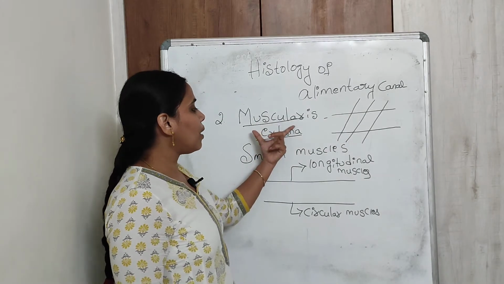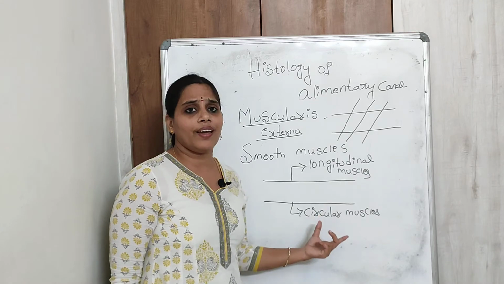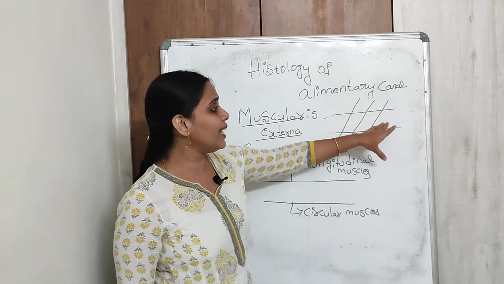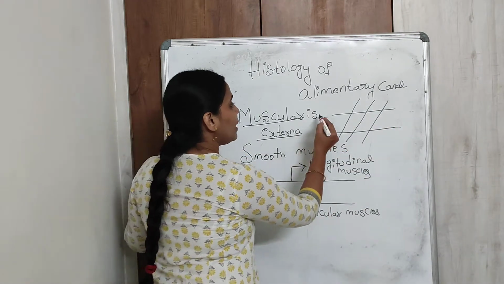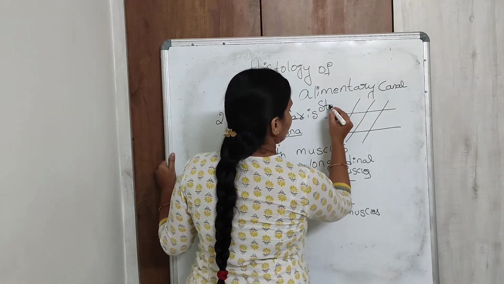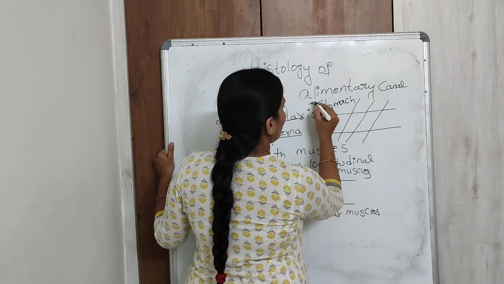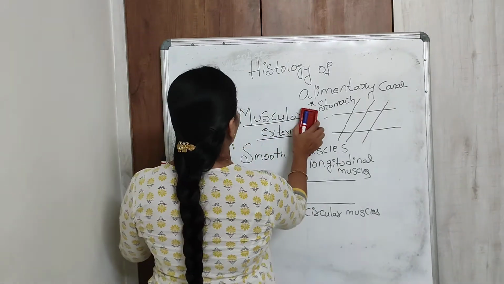Generally, muscularis externa was present in the form of outer layer and inner layer. But in case of the stomach, some muscle layers were arranged obliquely. This is present only inside the stomach, children. Right. The next layer is